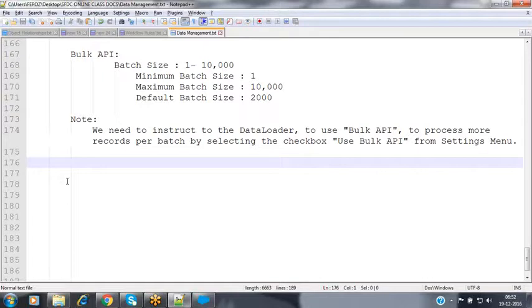If the Salesforce instance has been configured with the login IP ranges, nothing but if that Salesforce instance has to be logged in with the specified network IP ranges, then if you are using the data loader from a system, or if you're accessing the Salesforce instance from a system which is available inside that IP network range only, then we can log in with the help of username and the password. At that time, no need to enter any security token. Just we can specify the username and the password to log in into your data loader. So now this question is very, very important. So please remember that question as well here.